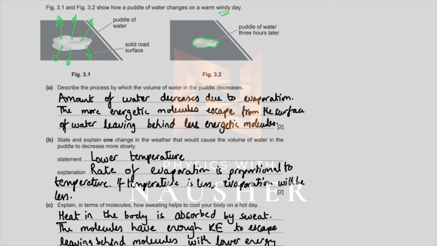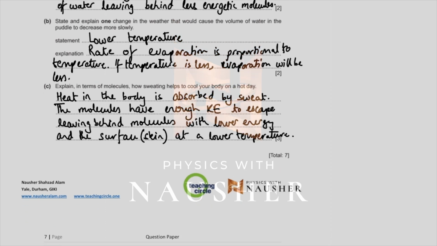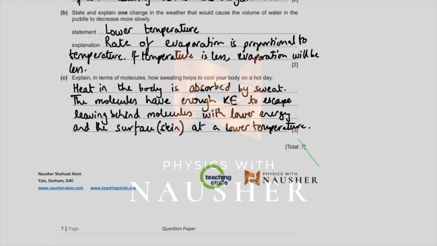If the temperature is less, evaporation will be less. Explain in terms of molecules how sweating helps to cool your body on a hot day. Very simple. When water, which is sweat, comes onto your body, what does the sweat do? The sweat absorbs the body's heat. When it absorbs the body's heat, what will the sweat do? It will vaporize, because sweat is water. Water absorbs heat and what will it do? It will evaporate. So that means that the molecules have enough kinetic energy to escape your skin, leaving behind molecules